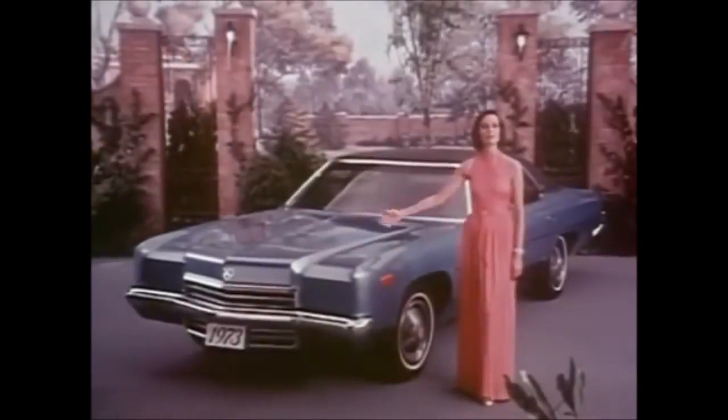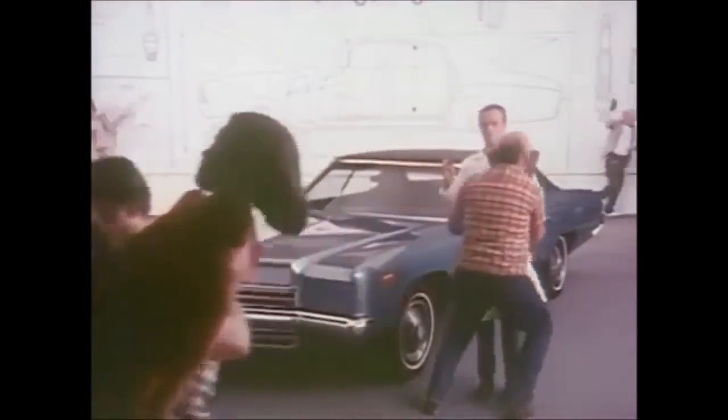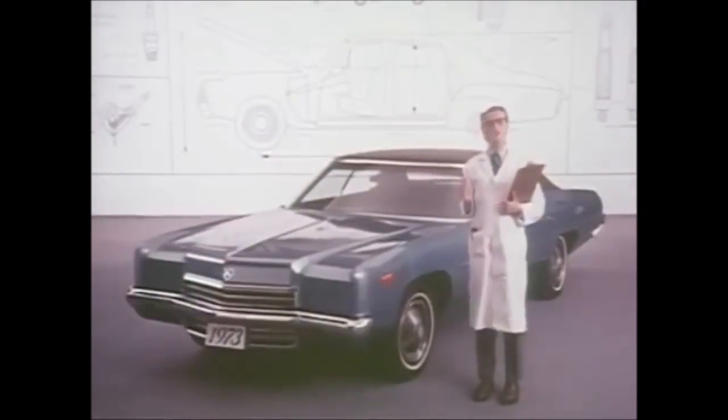Presenting the new Olympian, the epitome of understated elegance. Cut, strike the girl, bring in the engineer. This year, Olympian continues to stress engineering and the fine principles of...